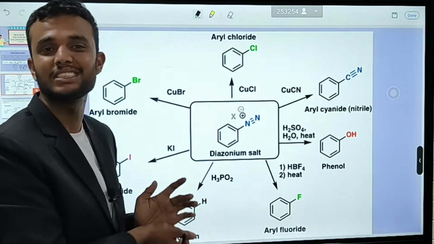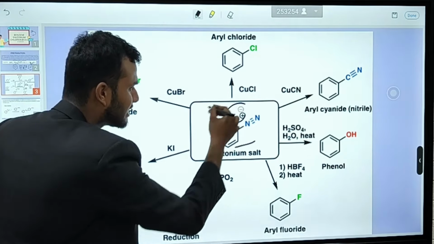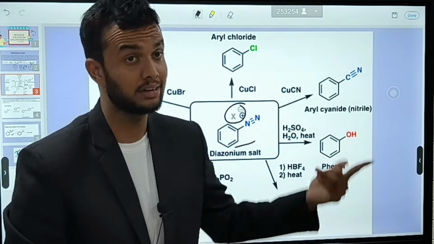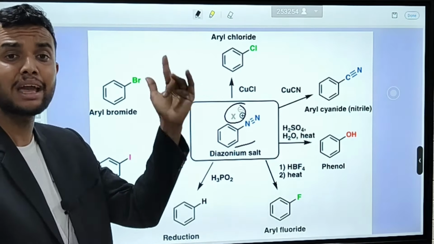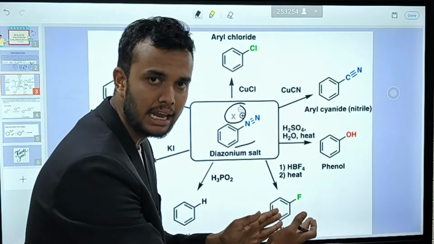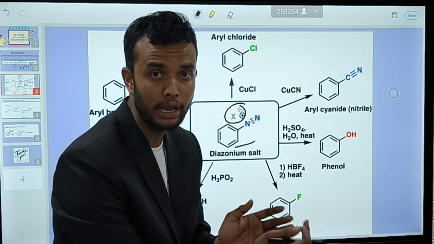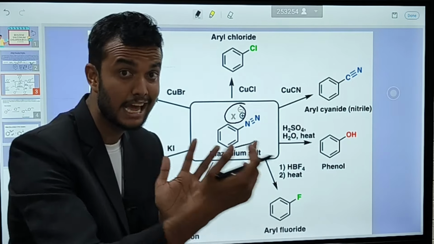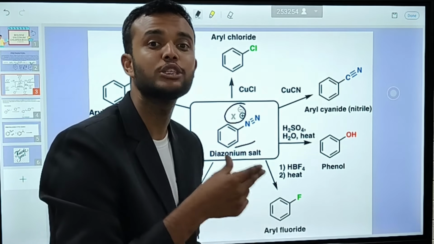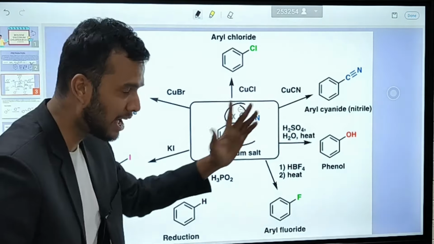Students, the BDC reaction, this one, looks like a cycle. Correct? BDC with X minus, any halide. X minus means which? Maybe chlorine, bromine or iodine. Most of the time we see the BDC as a chloride only. To form the chloride BDC, we take aniline and do the oxidation in the presence of HNO2. We produce HNO2 from NaNO2 plus HCl at what temperature range? 0 degree to 5 degree, or 273 Kelvin to 278 Kelvin. Then after that, let's move to the first important reaction.